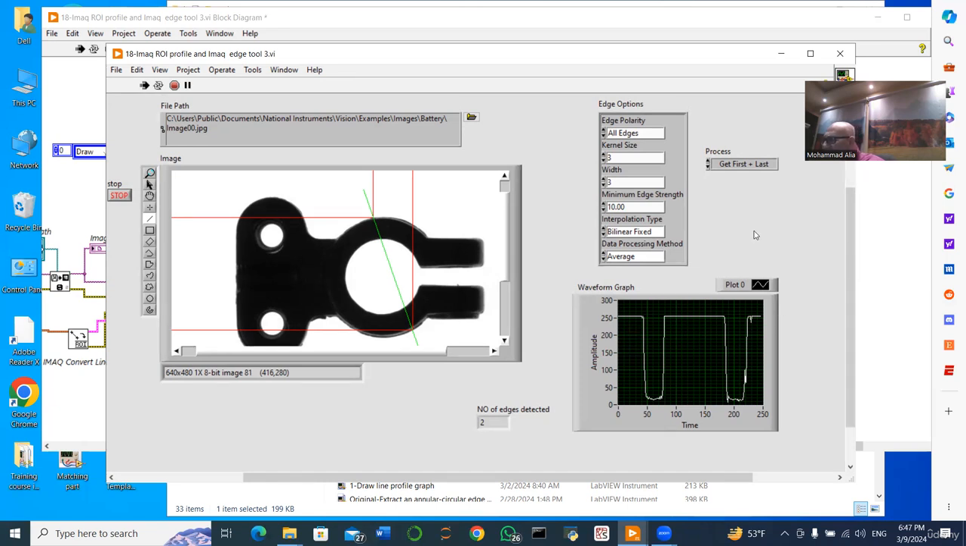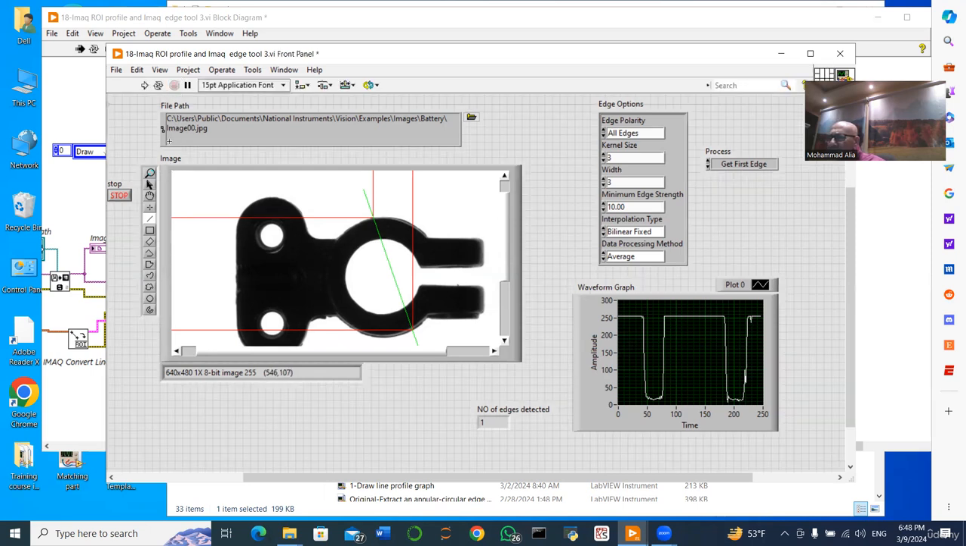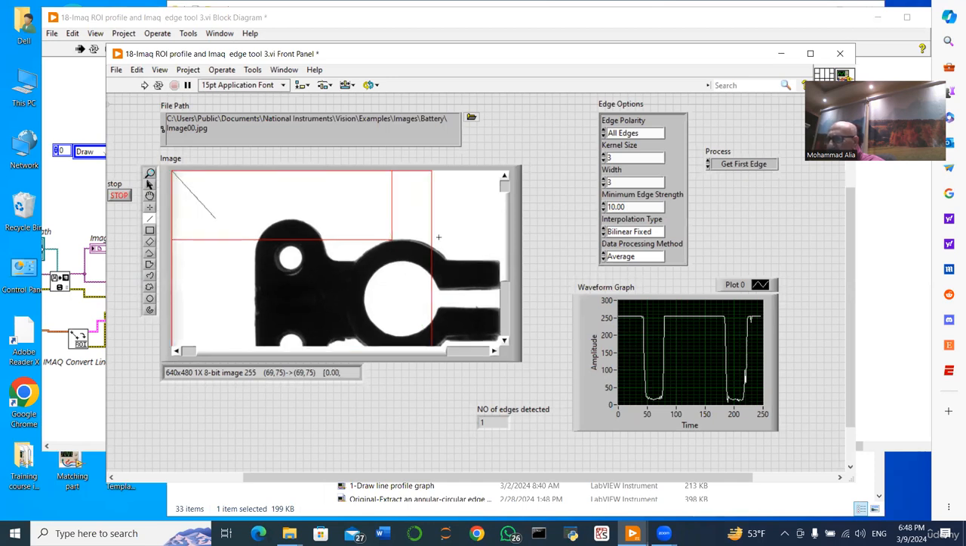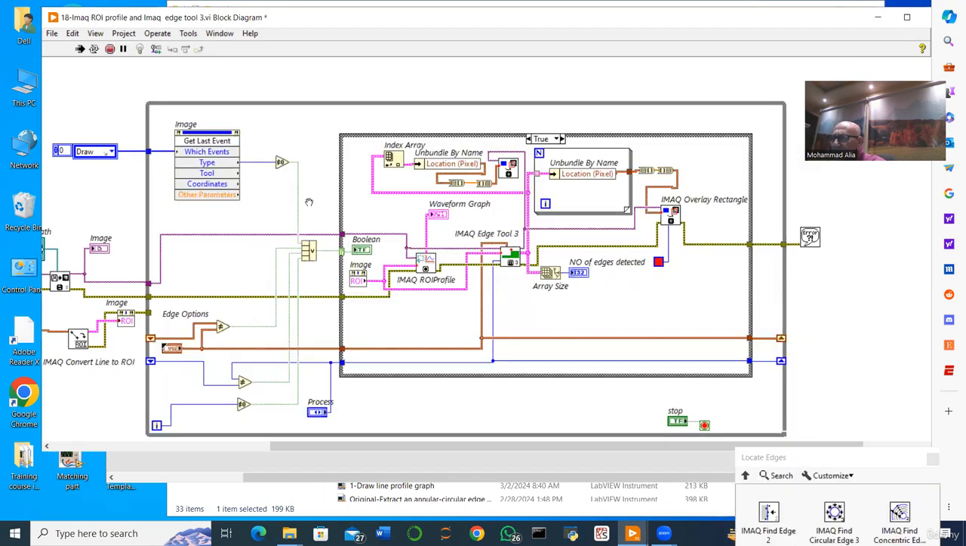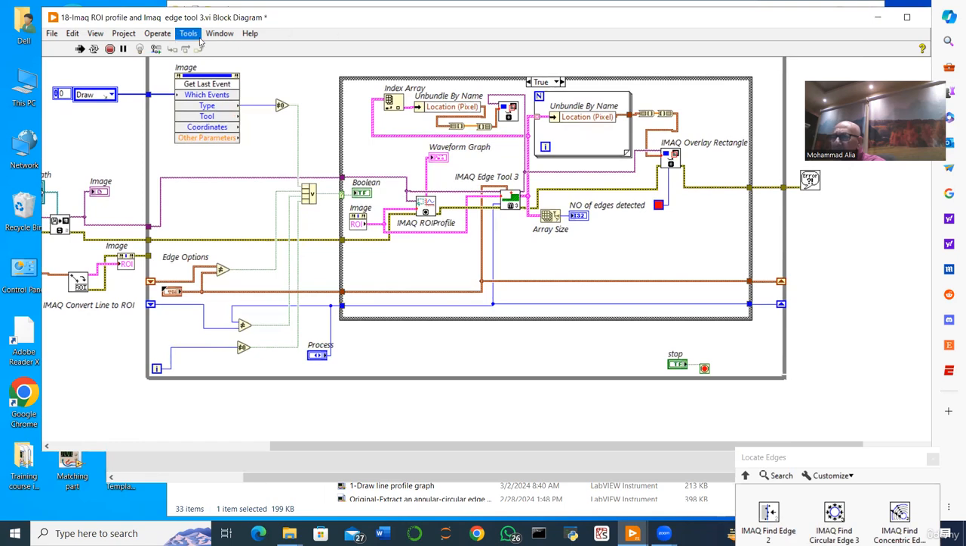Let us see if we show all edges. I will get the first edge, for example. Okay, run it. I now cross it. Sorry, I didn't cross it. Why is it running? Okay, let us stop it here,